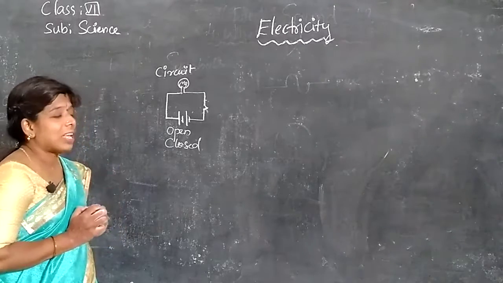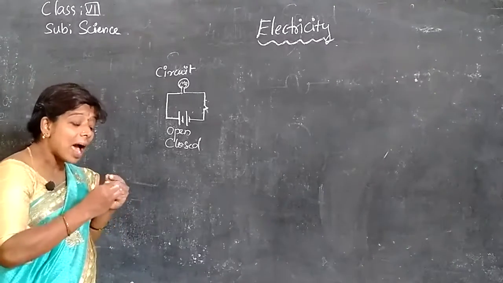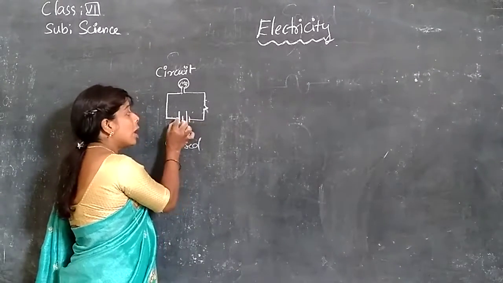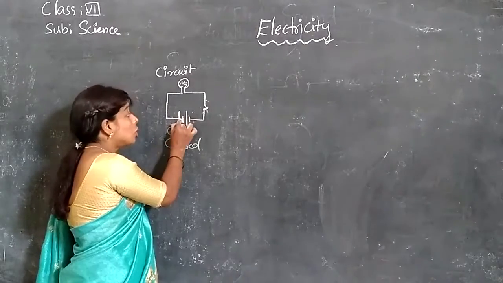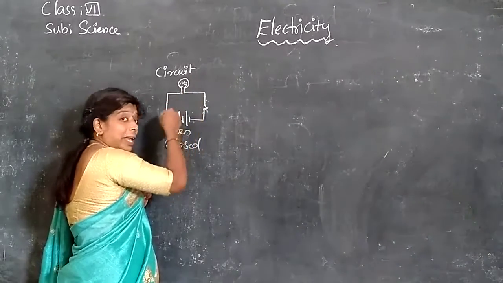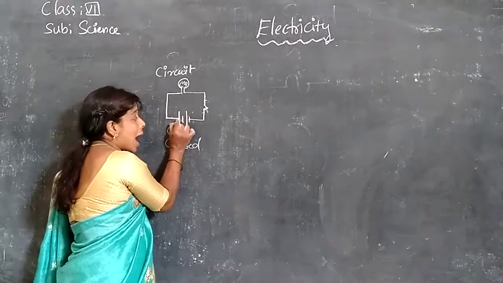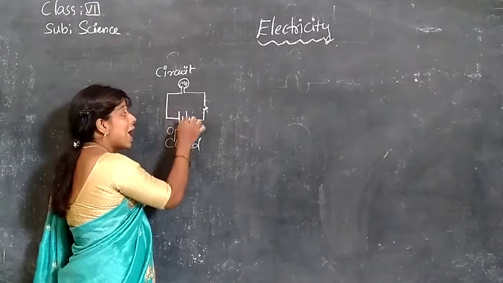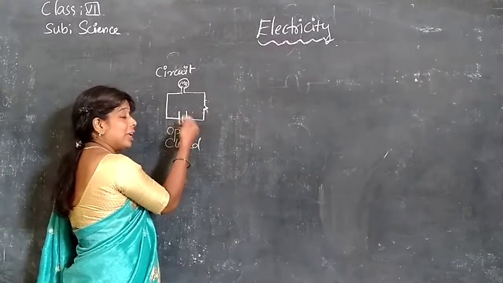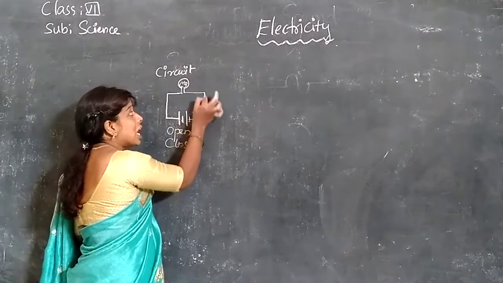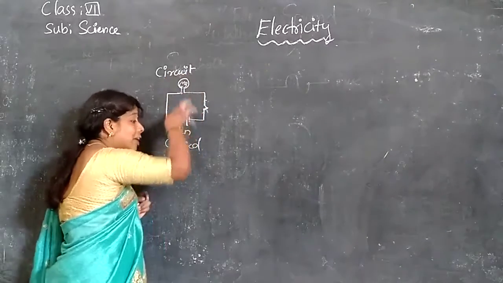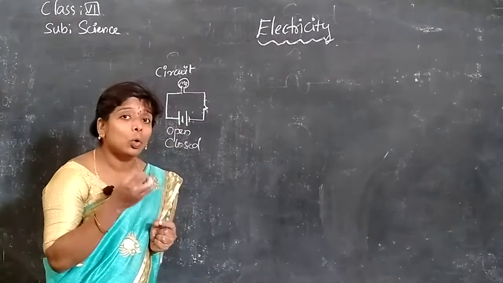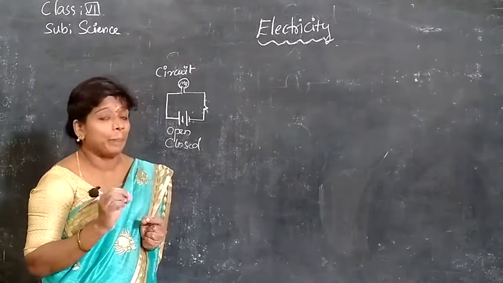Okay, see these devices, in this way we are arranging. Observe here, big line, small line. Big line means positive charges. Observe how I made the connection. I gave the positive terminal connection to the battery, and negative charges are reaching the bulb. For a bulb to glow or any electrical device to work, we need both positive and negative charges.